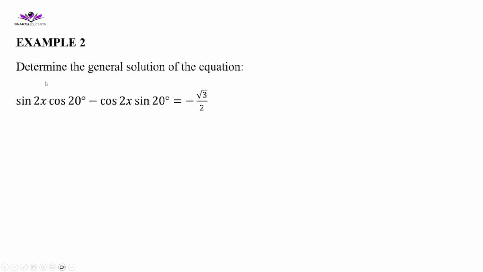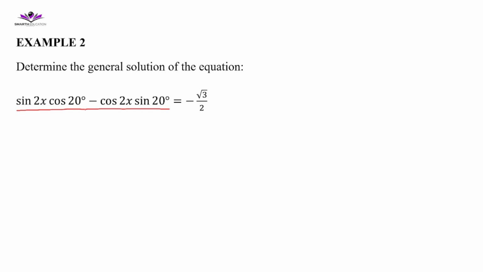Welcome back. We're still solving trigonometric equations using the double angle and compound angle formulae. Let's look at example 2. It says determine the general solution of the equation. We are given this equation: sine 2x cos 20 minus cos 2x sine 20 is equal to negative root 3